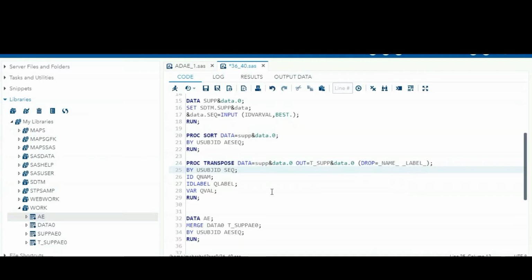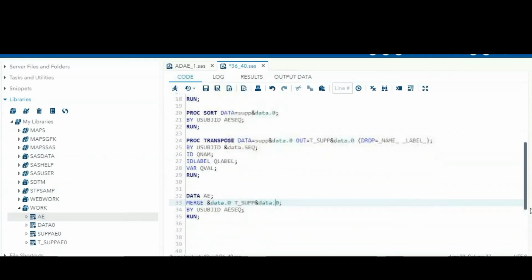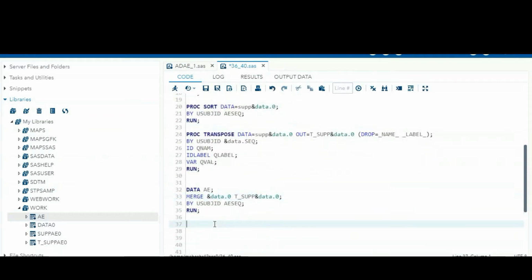So ampersand data dot sequence. We are going to merge ampersand data dot 0 with t underscore supplementary ampersand data dot 0. After that, end the macro.